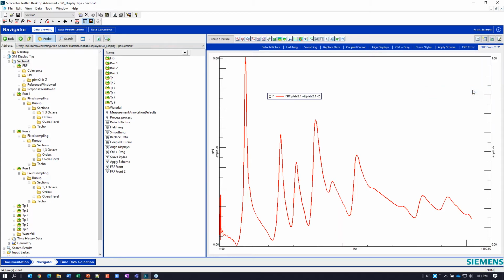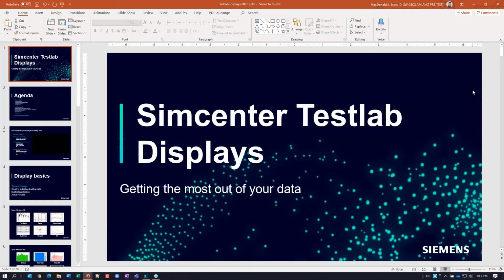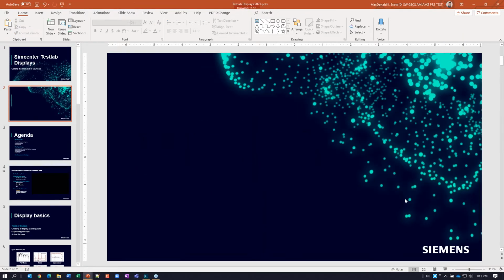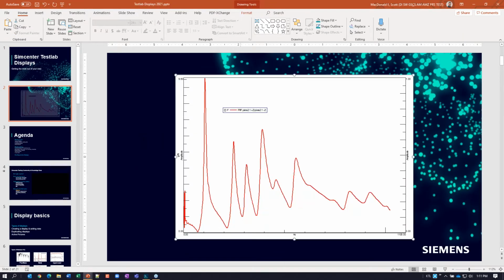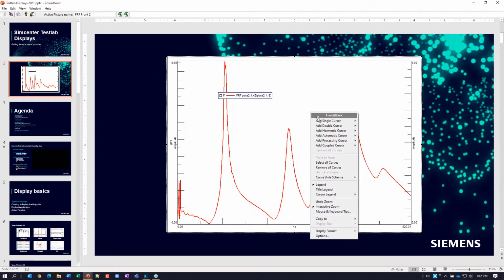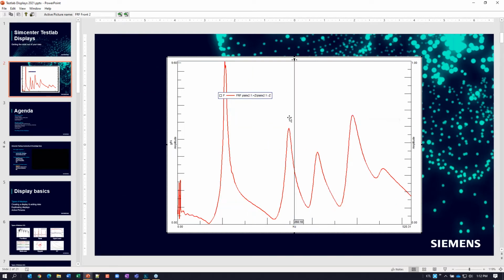So if I copy as active picture, and then I go back to, let's say, my presentation here, and I'm going to create a new slide, and I'll get all this other stuff out of the way. And now I'm going to paste this as an active picture. What an active picture allows me to do is, with a free plugin from our website, I can now double click on this active picture, and I can do all the kinds of stuff that I would normally need TestLab to be able to do. I'm able to do this right inside PowerPoint, and I don't need a license of TestLab.